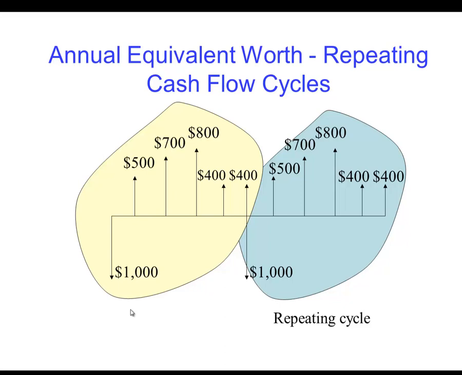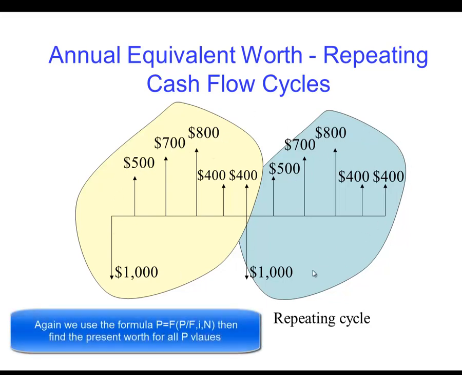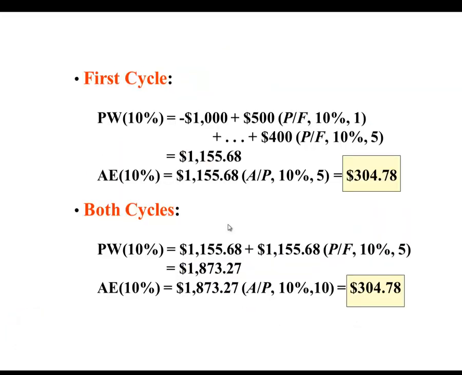The annual equivalent worth also assists in the repeating cash flow cycles. We have the cycle being repeated again and again, and that will assist in calculating the cash flow for these cycles. Looking at the example that we have, the calculation for the two cycles. For the first cycle, we bring all the different cash flow values to the present, then calculate the annual equivalence for 5 years, and that will be